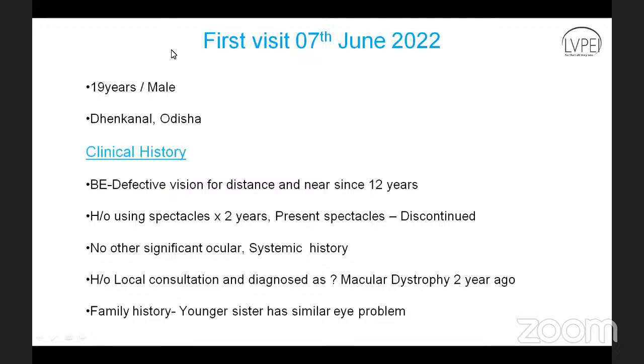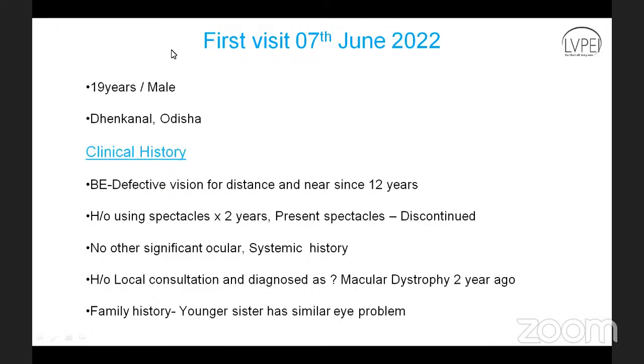The second most common complaint in such patients is delayed dark adaptation. One has to ask whether, when someone goes from bright to dark, there is any delay in adaptation. For example, while going to a cinema hall, are the patients facing any sort of difficulty? In most cases, the peripheral vision remains normal. It is the central vision loss or central scotoma which is the initial presentation of Stargardt disease. Why is this so? Because it is a form of macular dystrophy, and the primary pathology lies at the macula.